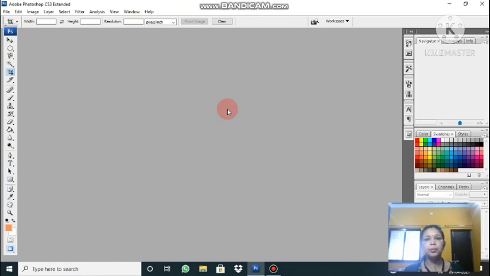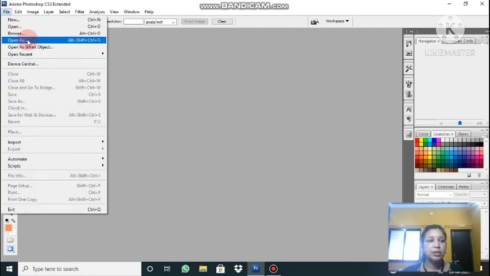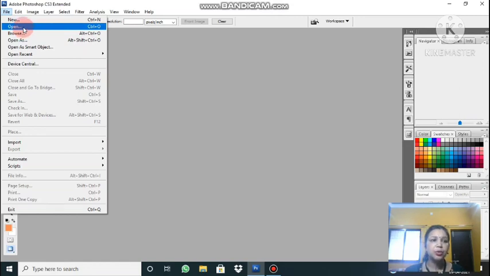This is the opening screen of Photoshop, where on the title bar it is already written Adobe Photoshop CS3 Extended. Here the menu bar is there, and here are the controls and the tools. We will be dealing with all these things one by one. In your book, the first thing is how to open a file, how to close a file, and how to exit from Photoshop. For that, click on File. These two things are very similar to other windows, like how to open a file and how to save a file.